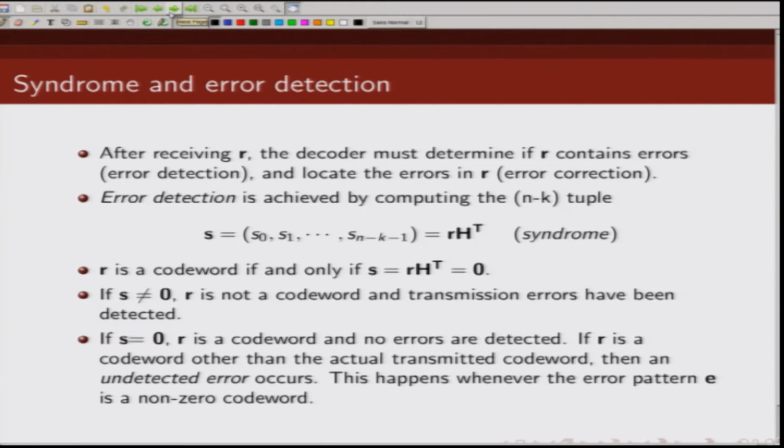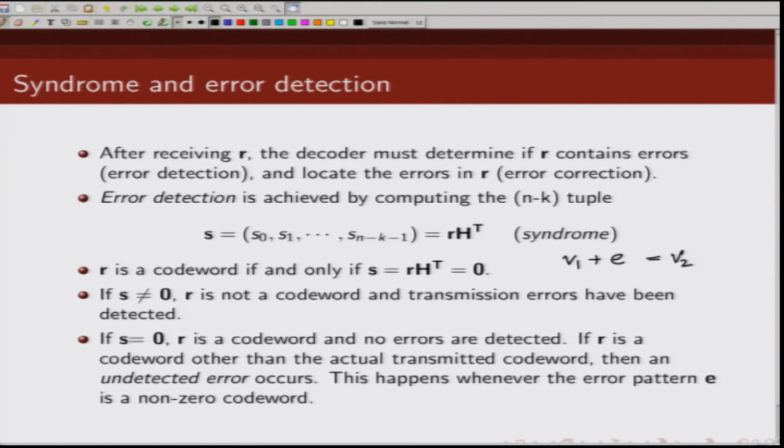other code word. Let us say I transmitted a code word V1 and my error E was such that it transformed it into another code word V2. So, the received sequence is V2. Now, if I compute the syndrome, because V2 is a valid code word, then V H transpose will be 0. So, an undetected error happens when